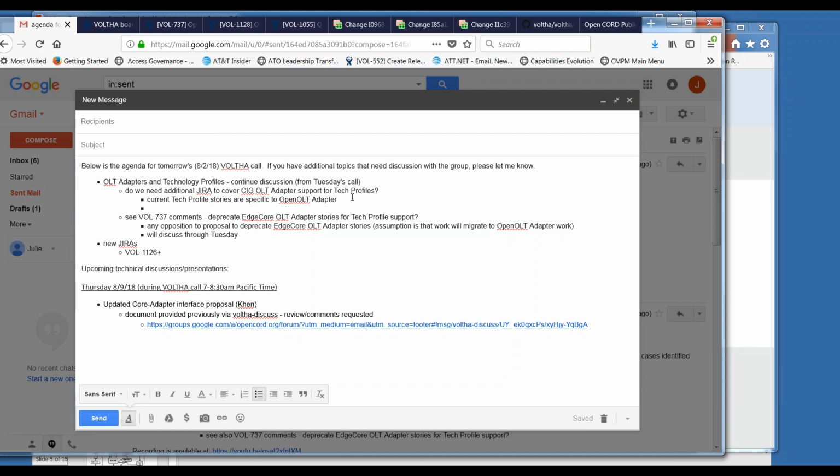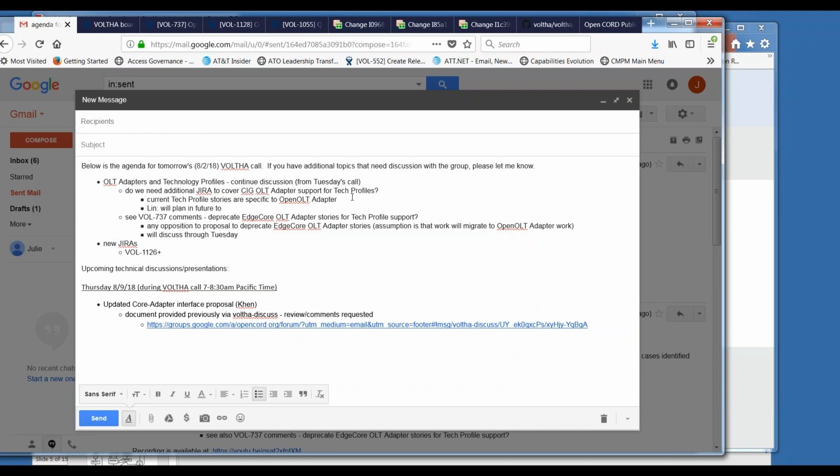So we'd like to move forward with the common design, and so then we were trying to accommodate the OpenOLT adapter later for the CIG OLT. So yeah, go ahead.